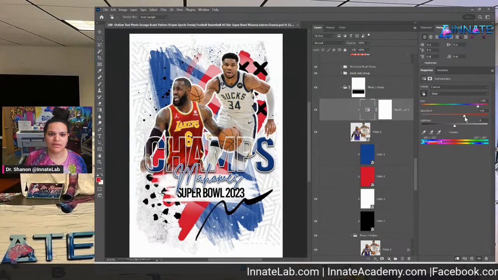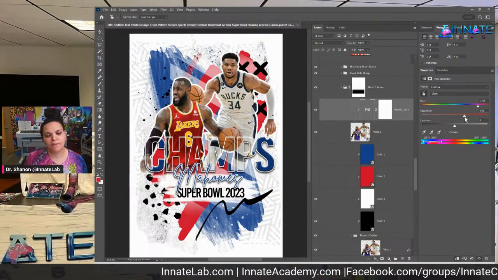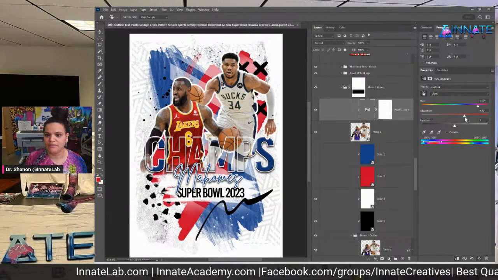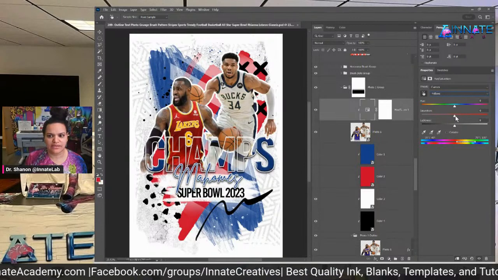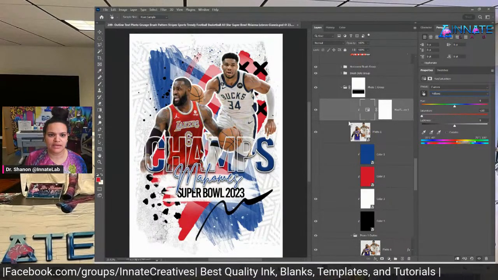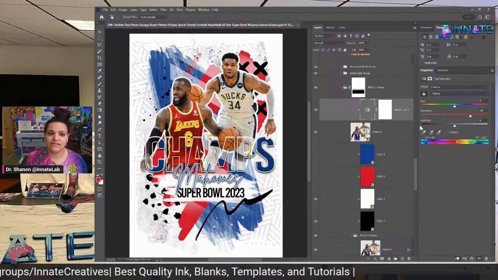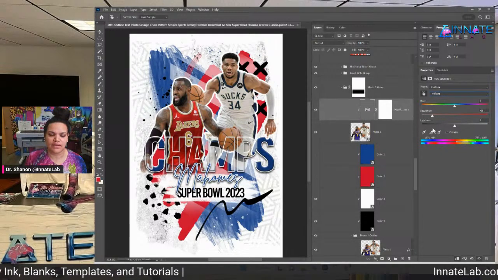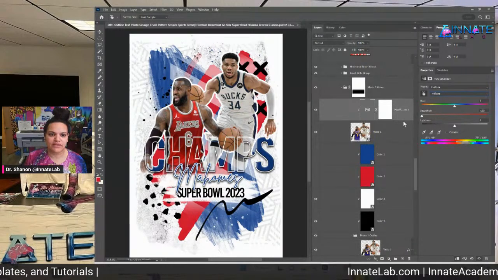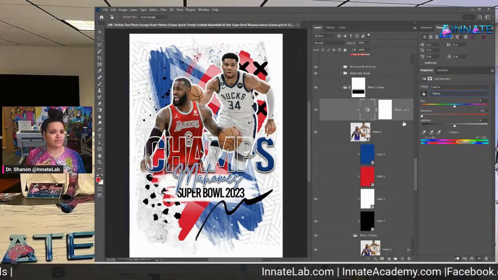It's working. And then I could leave the yellow or I can change the yellow. If I wanted to change the yellow, then it's probably going to affect the skin. If I want to see that, I'll bring this down all the way. And it didn't affect the skin much. It affected the basketballs a little bit, but I'm actually okay with that. So if I bring the saturation all the way down, it makes it gray, which is perfect for me because